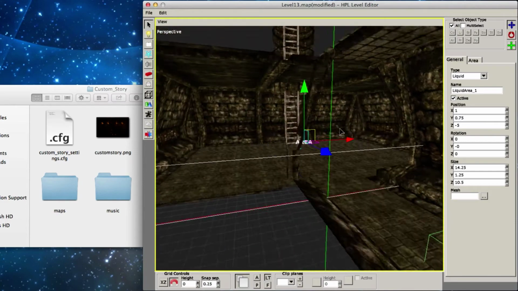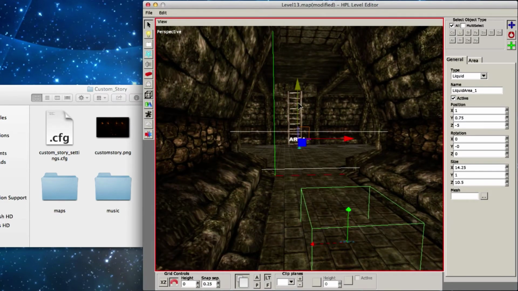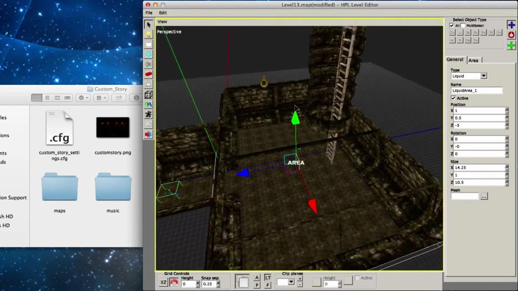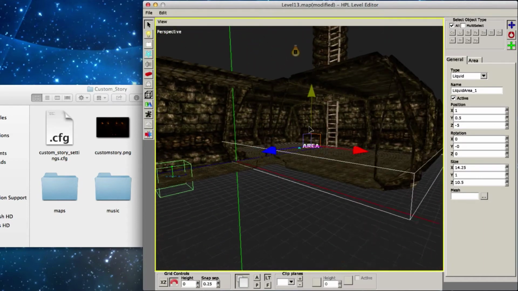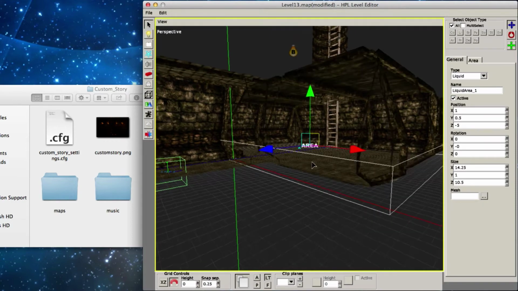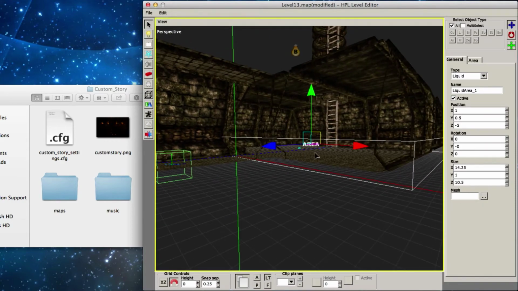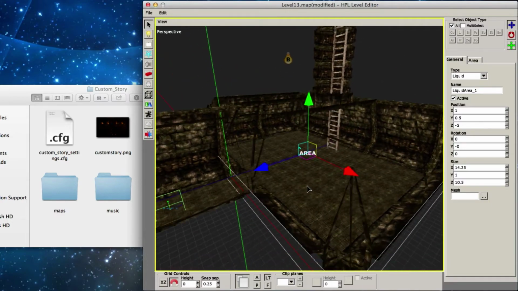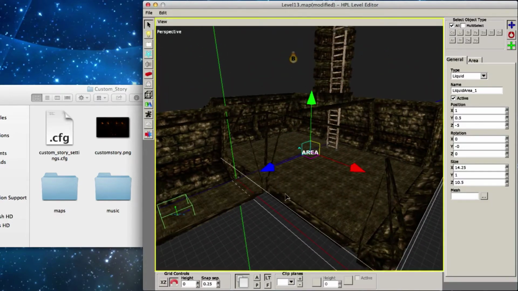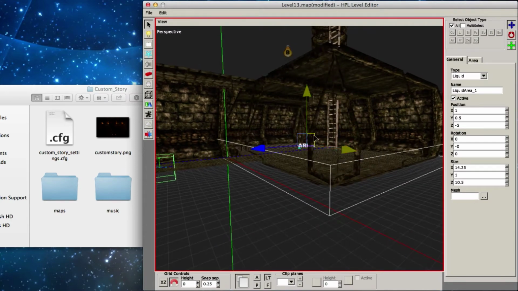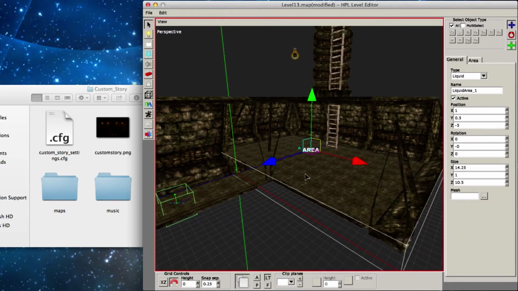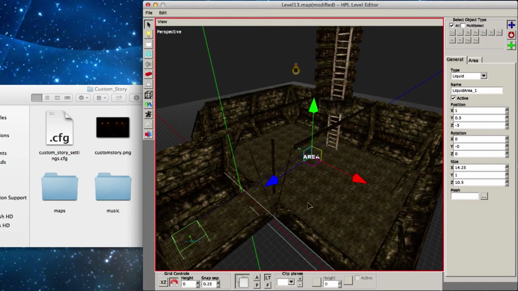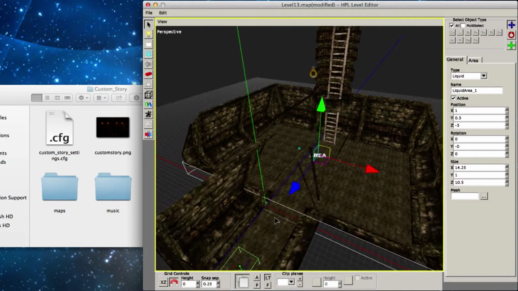Alright, so there we go. I just wanted to make it a little more precise. Anyways, so there we have our area, and this is what you're actually colliding with. As soon as the player steps into this area, it's going to make splashing effects, and I think you're moving a little slower as well in the water. So this is the water itself. It doesn't look like the water, but it is the water, and it also makes the splashing particles when you jump and stuff like that.